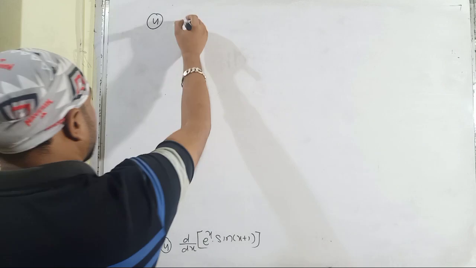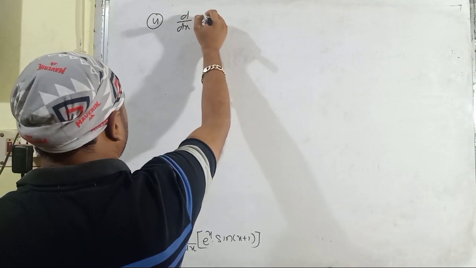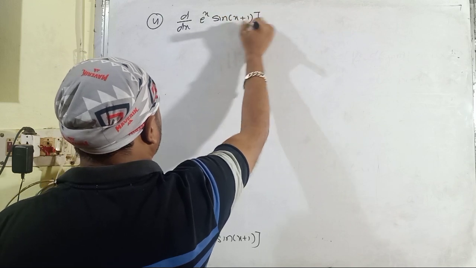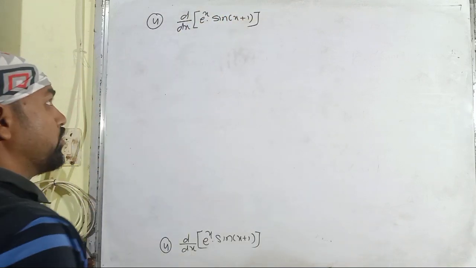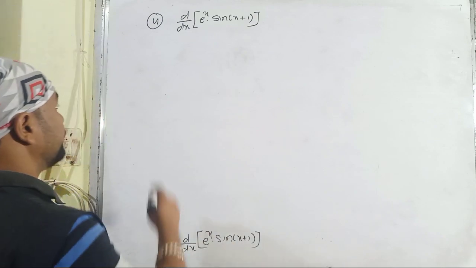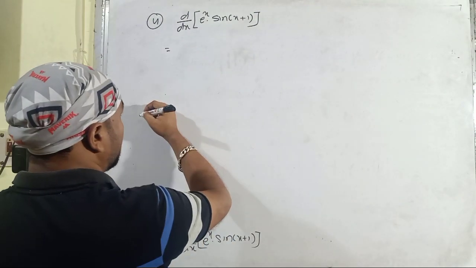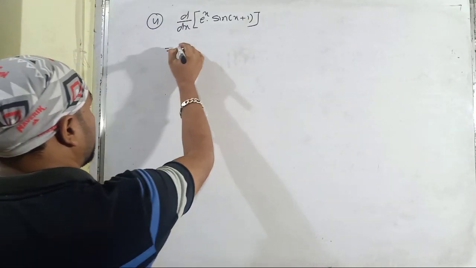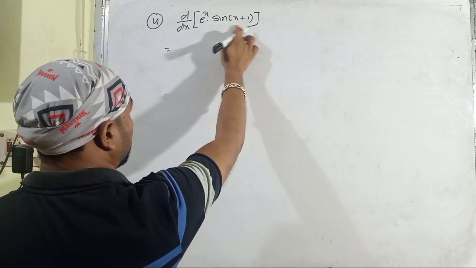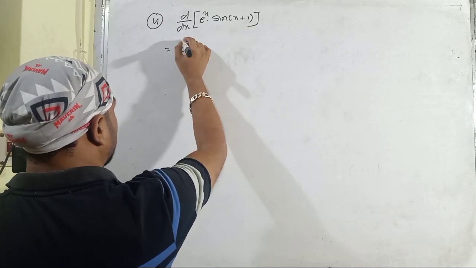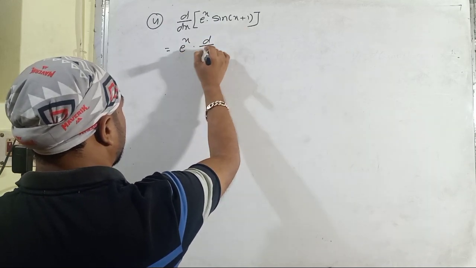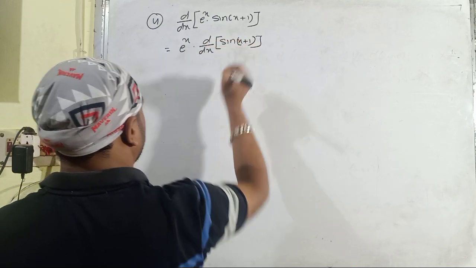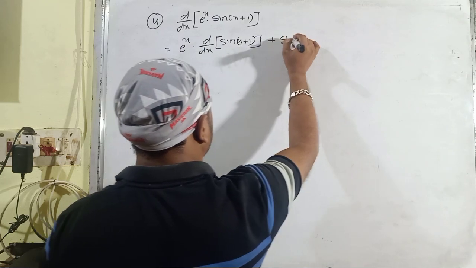Number 4 is here: differentiation of e to the power x multiplied with sin x plus 1. Then we have to apply the product rule here. So the first function is e to the power x and the second function is sin x plus 1. So the first function multiplied by the differentiation of the second function, then plus the second function